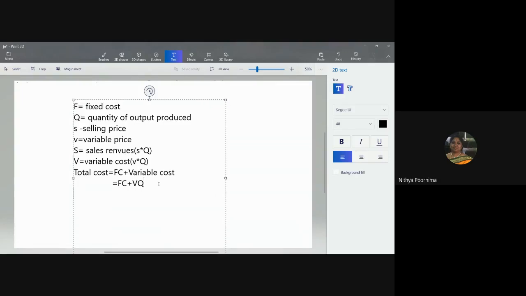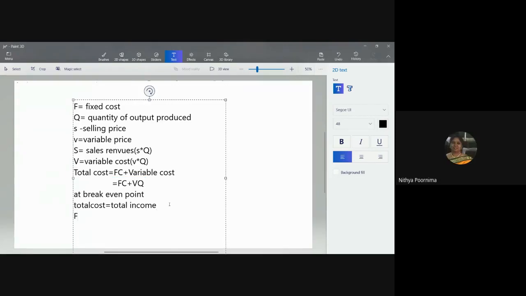But now at break even point, you understood what is break even point, right? At break even point, total cost will be equal to total income. Whatever you're investing and whatever income will be the same. There is no profit and no loss. Whatever you're putting in, the same thing is coming out, converted. So the total cost formula is here.